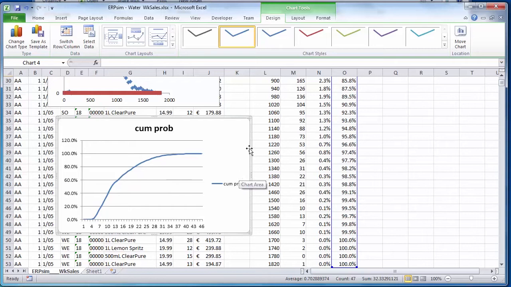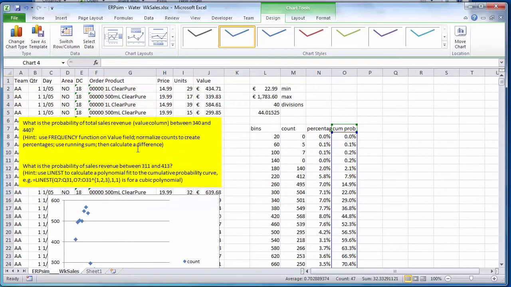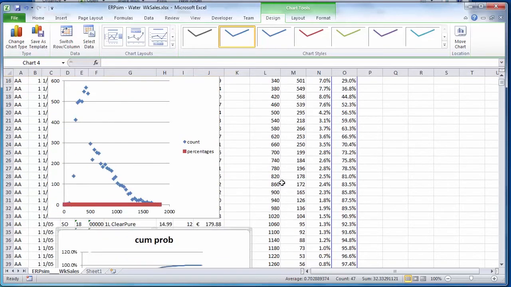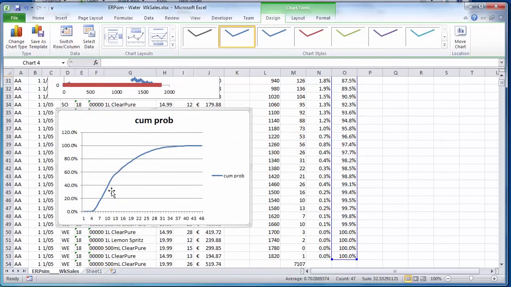And then we could answer questions that are more detailed, like what's the probability between 311 and 413. Any number, it doesn't have to be in these bins, it could be anywhere in between. And we do that by using a regression that fits that curve. Well, a regression to fit that curve, I could either